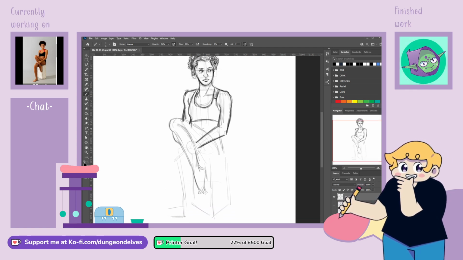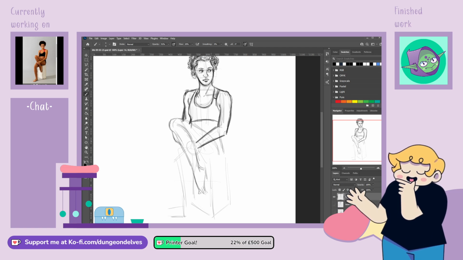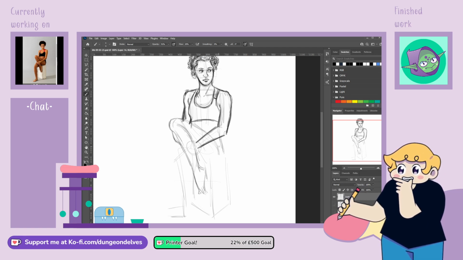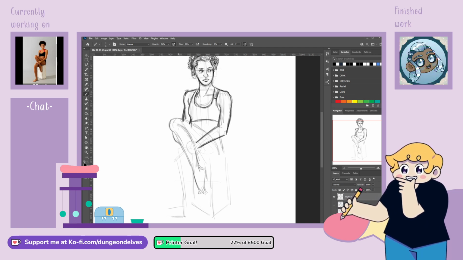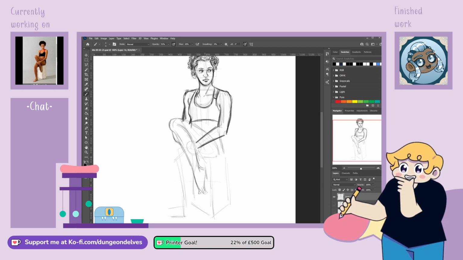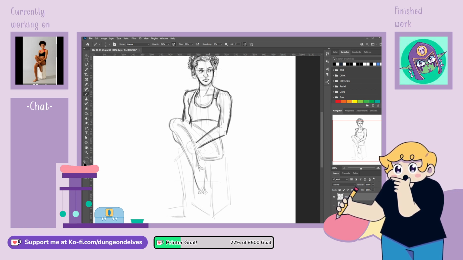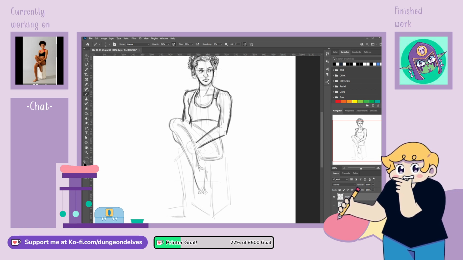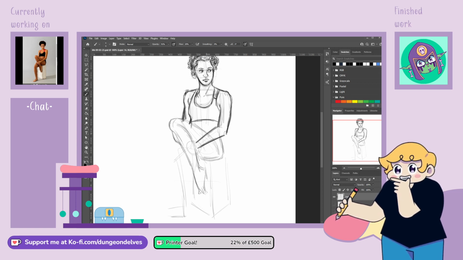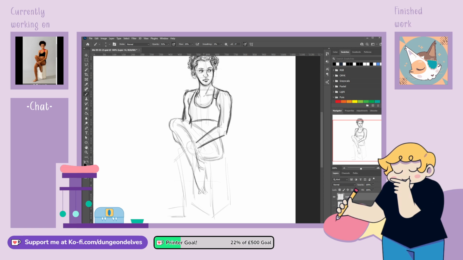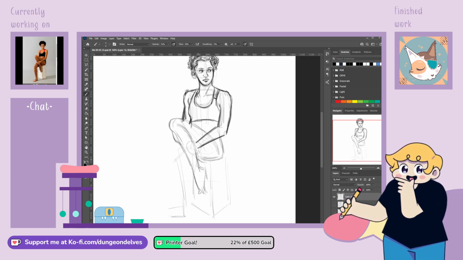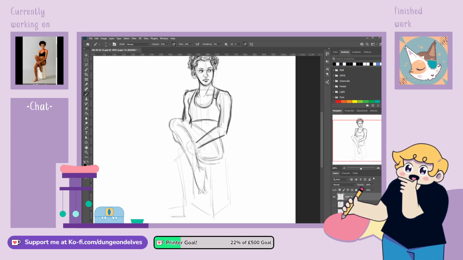The rest of this just needs to be longer. I've made the legs too short again, which is par for the course. As long as we recognize it and fix it, I think everything's okay. So there isn't actually that much space between the butt and the heel, which is why I feel like this is too short. So I'm going to bring this right down. I'm going to have to probably shrink this a bit to get the other leg in. But that's okay.